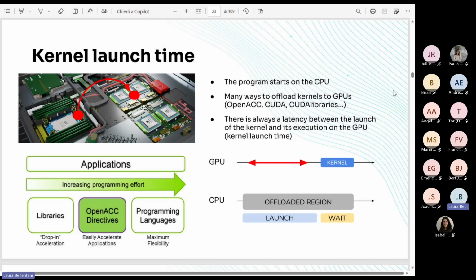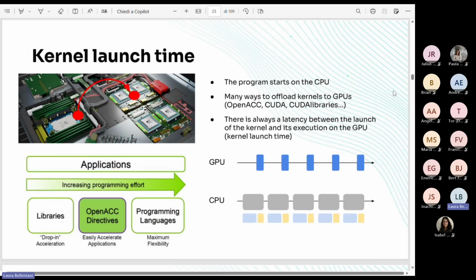So on the timeline, you can visualize this as a gap on the GPU side. If you have a kernel which takes a short time to be executed on the GPU, short with respect to the time taken to launch the kernel itself, and you consider this kind of pattern inside a sort of loop, well, you can see that you will spend on the GPU side more time waiting for something to do than actually computing. So this basically is called GPU starvation, and reduces the performance on the GPU side.